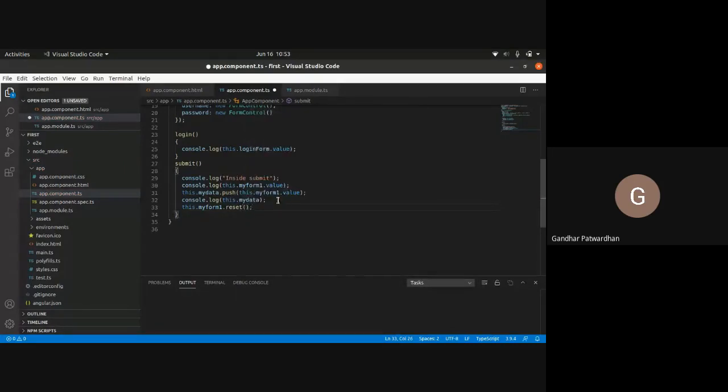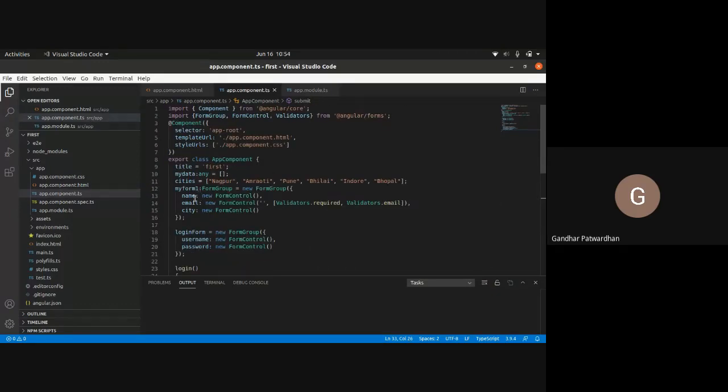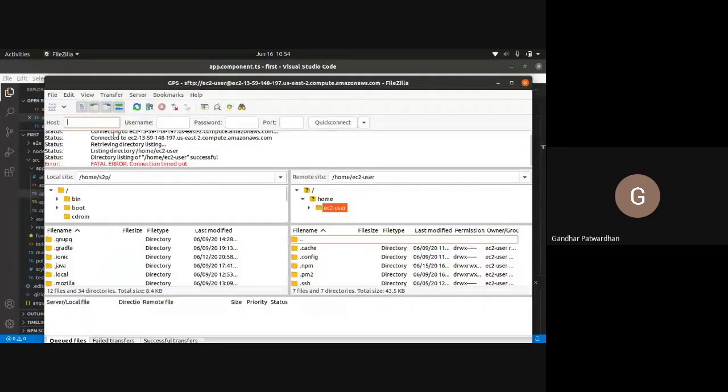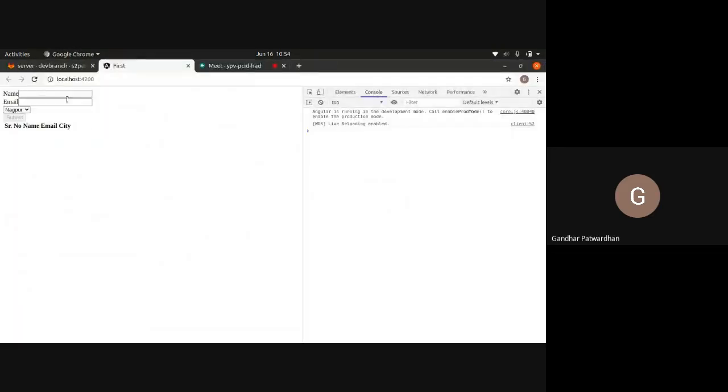Right now, reset is a function which will bring the data of that form to its default values, which are blank in this case. Let us check this again. I give Vanshika, I say a@b.com and I use some Vilay and I click on submit. Now if you see, the data is added in our table and the form got reset.